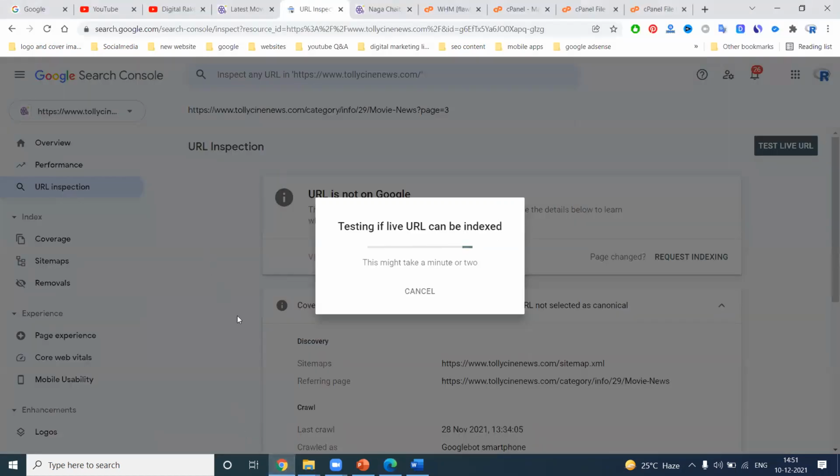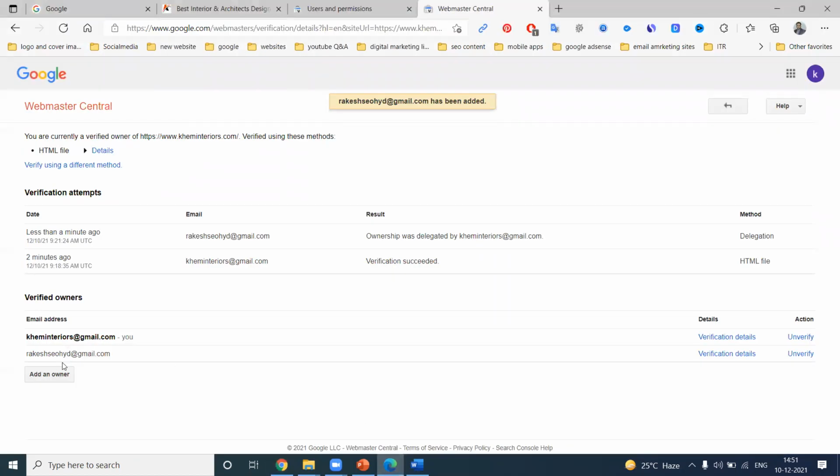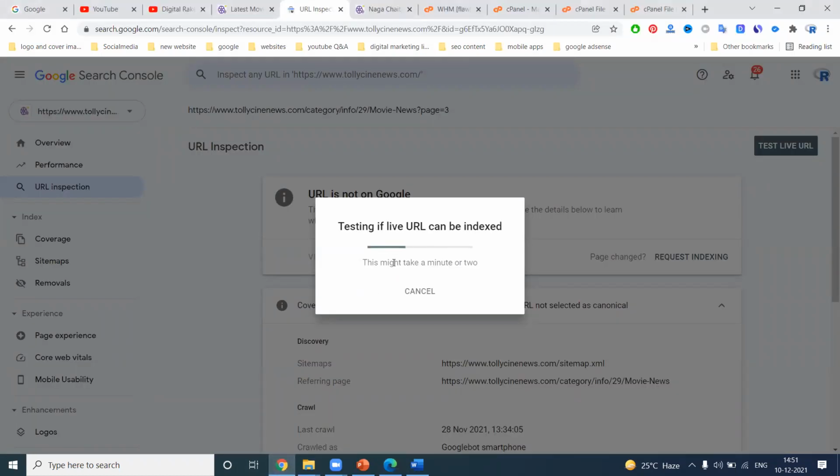Continue. In this, done. Here a live URL test is going on. This way I'm showing the indexing procedure. For any kind of Google Search Console, for each and every URL, it is called requesting indexing, and go to test live URL. Previously the URL is not on Google. After indexing, the URL on Google will be shown to the customers. All these processes we can do with the Google Search Console option.